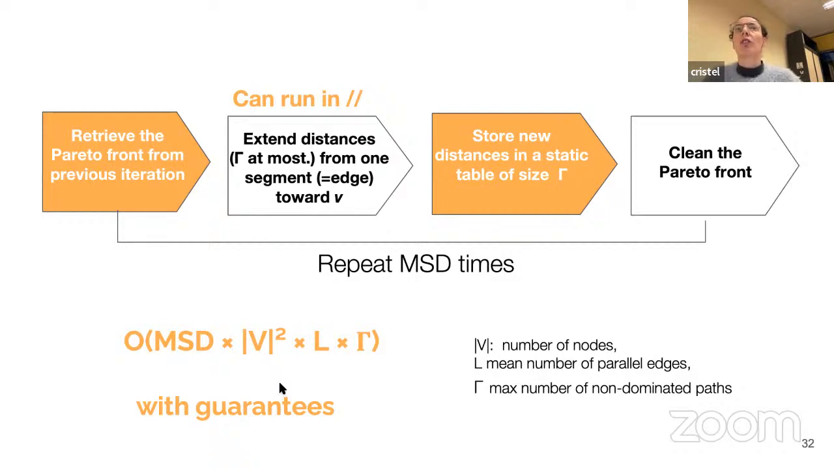And then for each node, we extend the distances by exploring all the segments that go out of this node. And we can do this in parallel. Then we clean up the Pareto front. And the complexity of this algorithm is on the order of the maximum number of segments you are allowed, times the number of edges you can have in the segment graph, times the number of paths you can explore, given that you have a maximum delay possible, and at the granularity